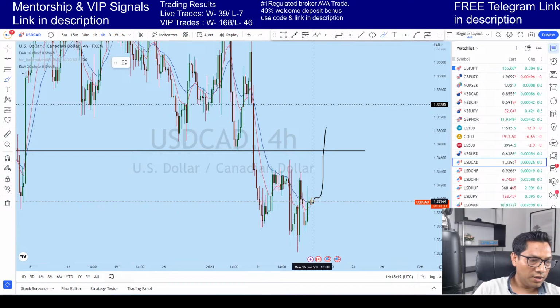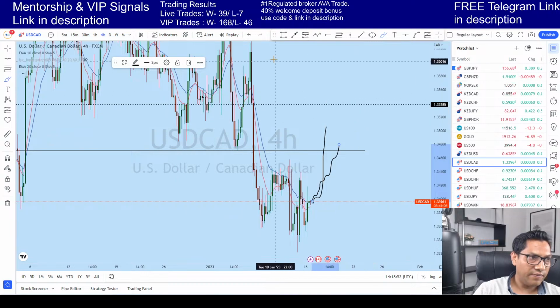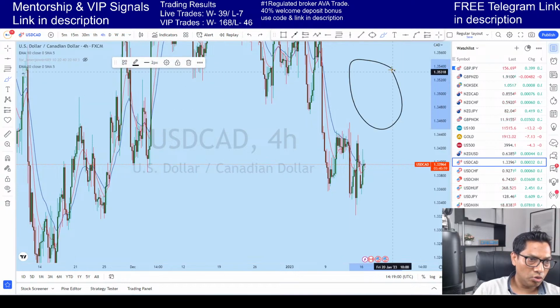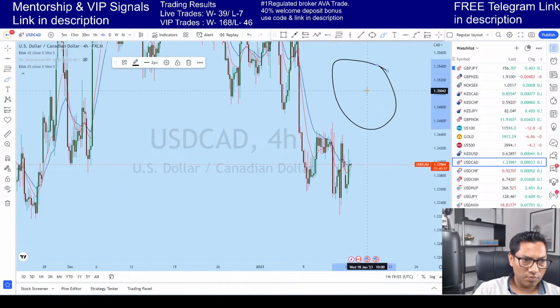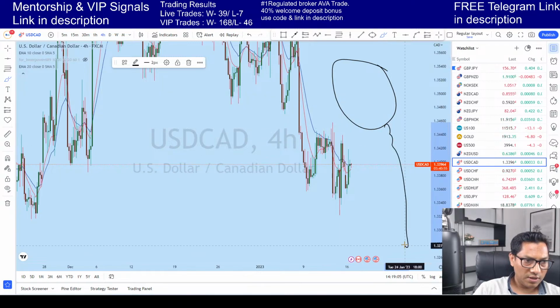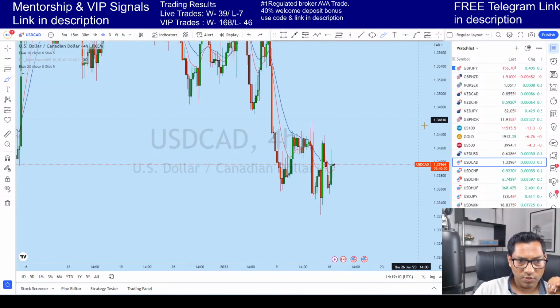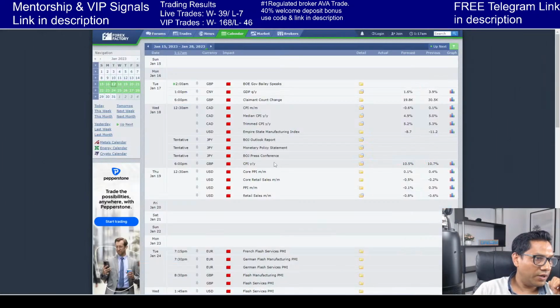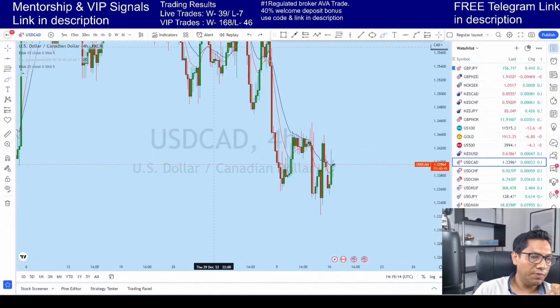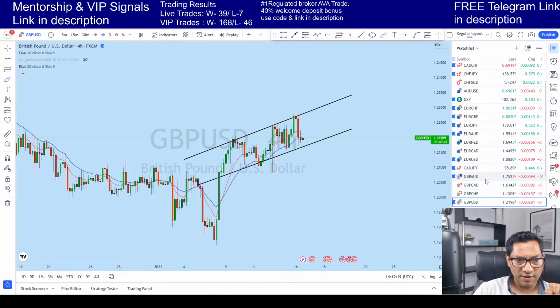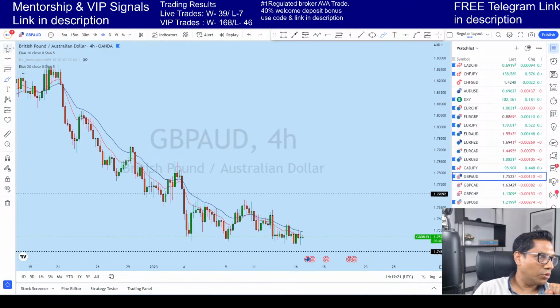So basically when USD CAD breaks this resistance level, we'll be waiting for a potential selling opportunity along this zone. After a strong bearish price action, we can consider going short. So dollar CAD will be watched very carefully because there's news coming up, and also GBP pairs I'll be looking at to see how I can find good trading opportunities on all of them.